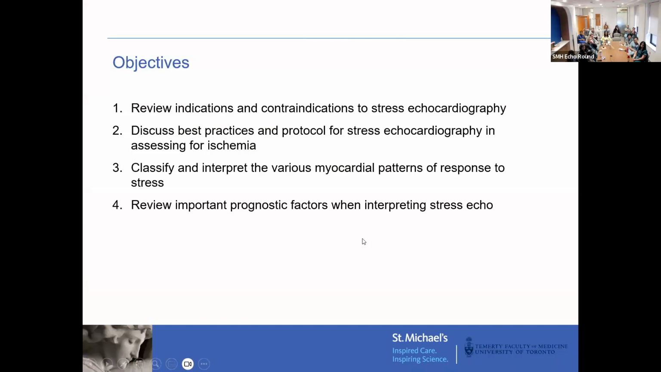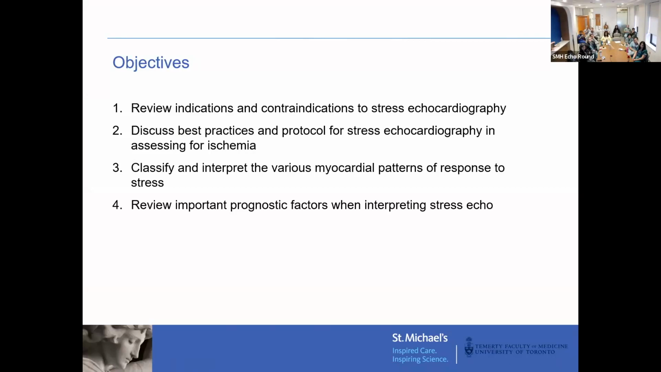So we'll review some of the indications and the contraindications to stress echo in relation to CAD, some of the best practices and protocols for stress echo as described in the ASC guideline. We'll classify and interpret the various myocardial patterns of response to stress, as well as important prognostic factors when interpreting